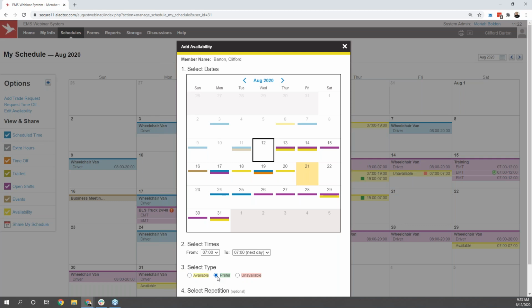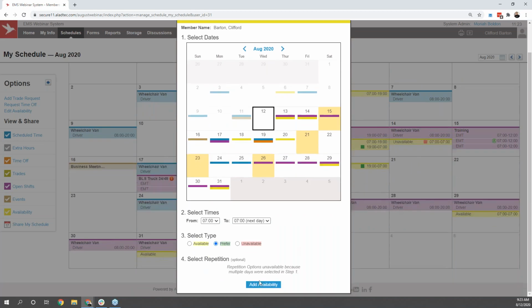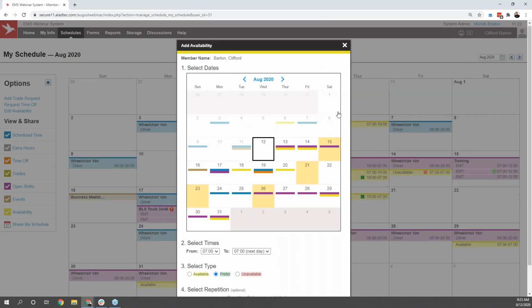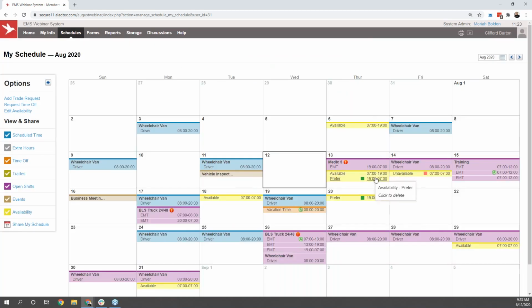If you want only the option for prefer to be turned on for your organization and available and unavailable to be turned off, or maybe you want this feature turned off altogether, that can be set up however you see fit. The users are able to select the days that they want to mark themselves as available for, choose the time frame that they need that to be selected for, and as soon as they click Add Availability here, these options are going to show up so the user knows the days and times they mark themselves as available, unavailable,